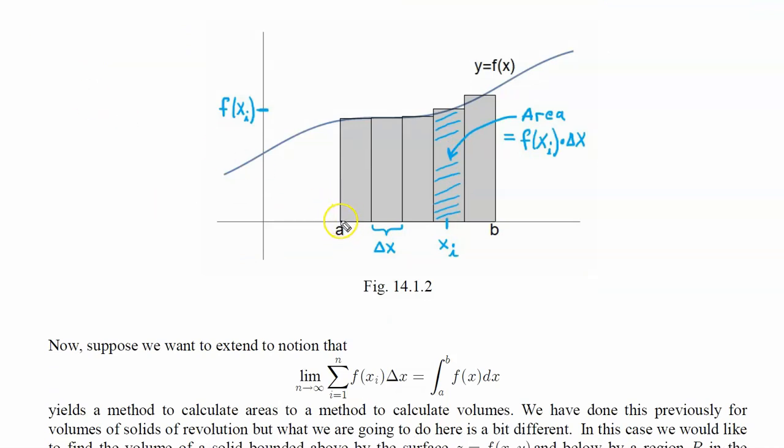Okay, so right here we have the interval from A to B divided into, here we have 5 subintervals. The xi right here is chosen from the ith subinterval. F of xi represents the height of this rectangle, right? This distance is f of xi multiplied by the width. That gives you the area of this rectangle. And then we sum all of them up. And then we take the limit as n goes to infinity, where n is the number of subintervals that we have.